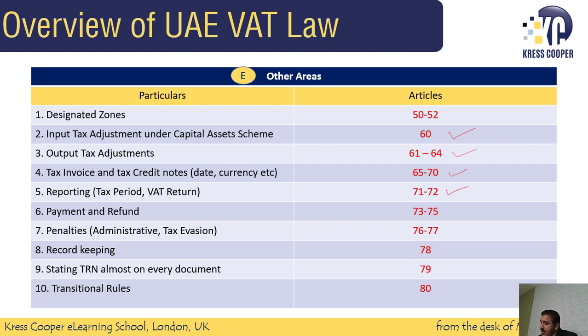Payment, refund, 73 to 75. Penalties, maybe administrative penalty, might be tax evasion penalty, Articles 76 and 77. Record keeping, Article 78. State in TR, Article 79. Transitional rules, Article 80. We have covered all articles of the law except